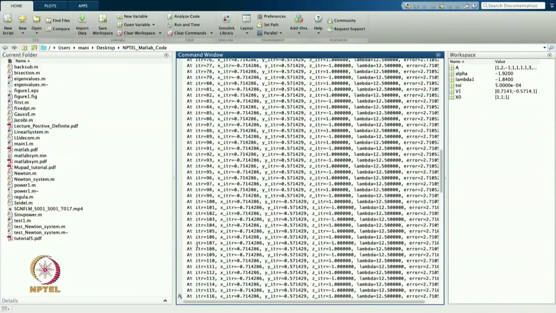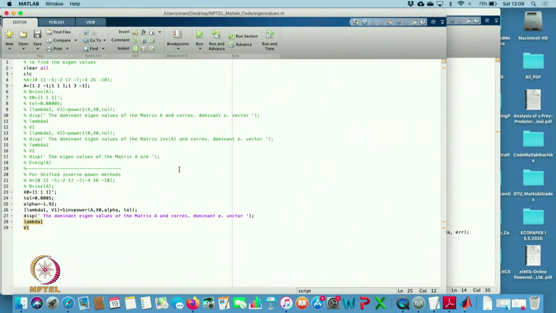So, let us change the matrix, maybe we can take another matrix and let us try to find this. So, I will take the matrix this one, and I know that in this case the eigenvalues were 1, 2 and 4. So, I am able to find the value 4. Let us see what will happen in this case if I want to find the eigenvalue close to 0.8.